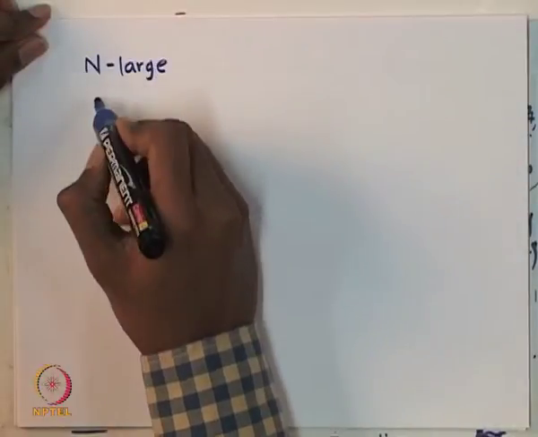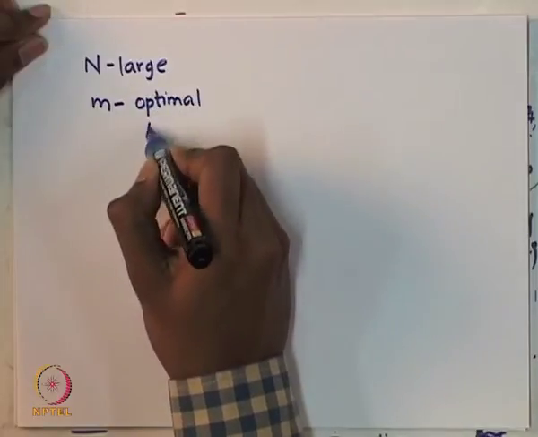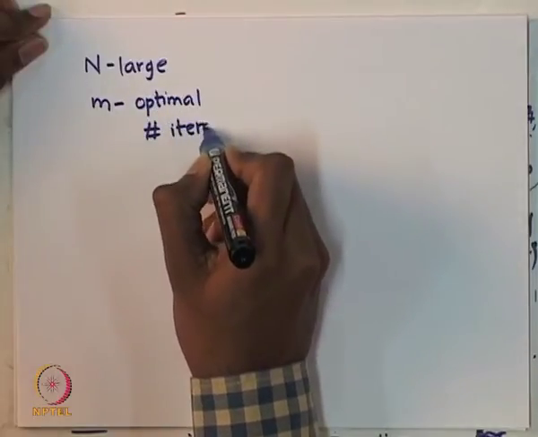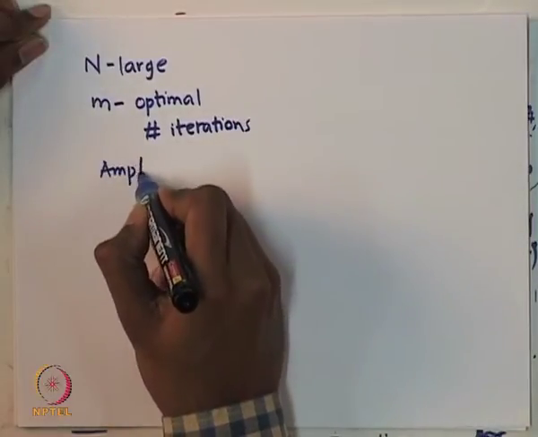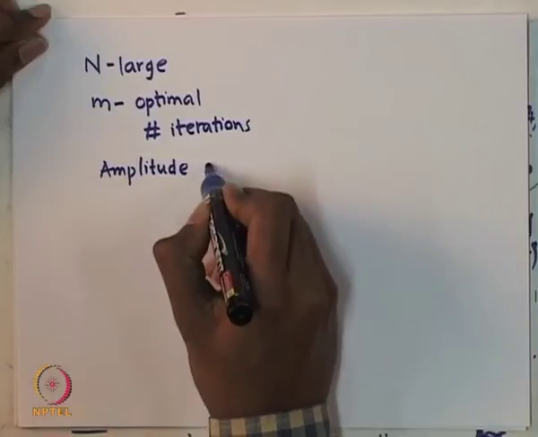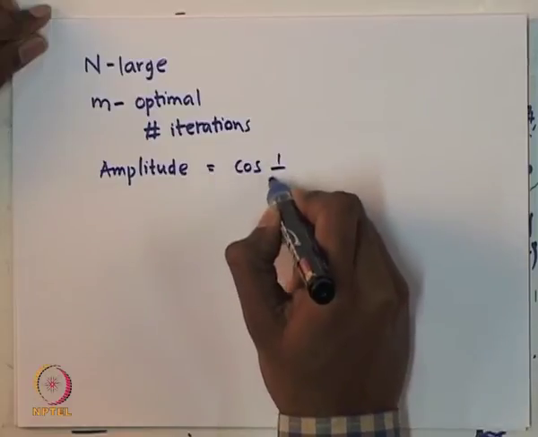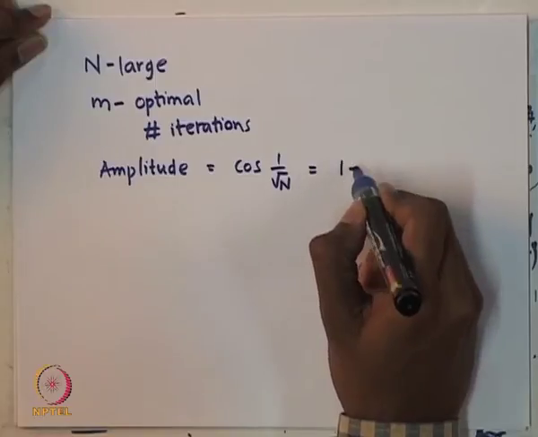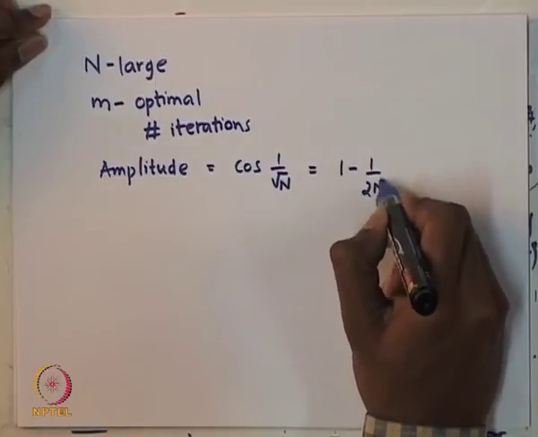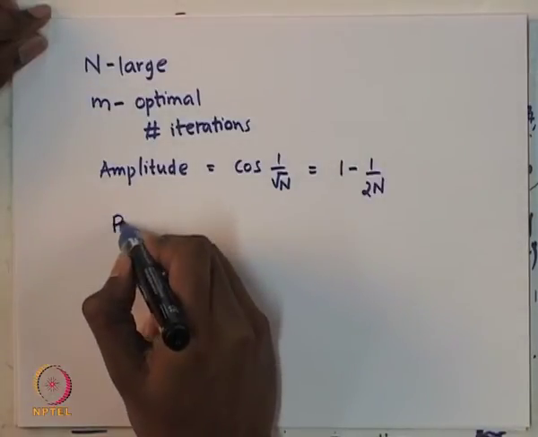When n is very large and m is the optimal number of iterations, we obtain the amplitude of the marked state after the optimal number of iterations as cos(1/√n), which can be approximated as 1 minus 1 by 2n when higher order terms are neglected, and we need the probability